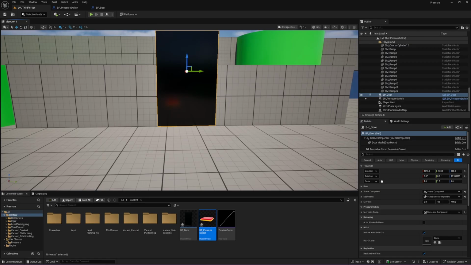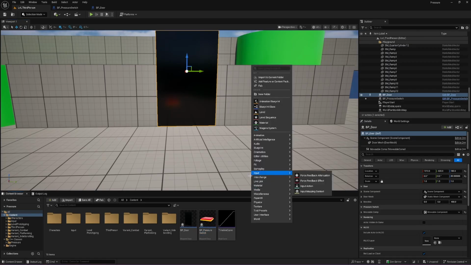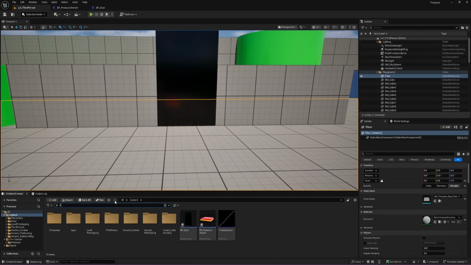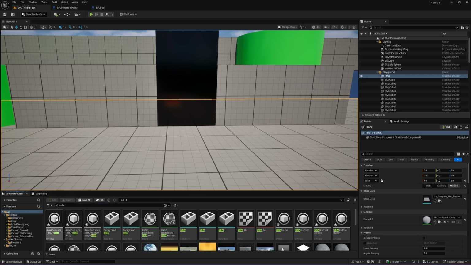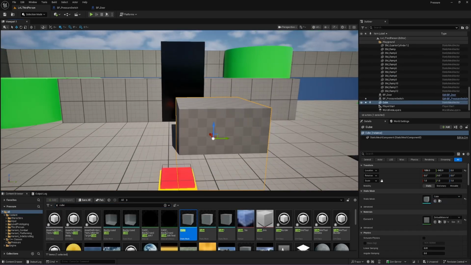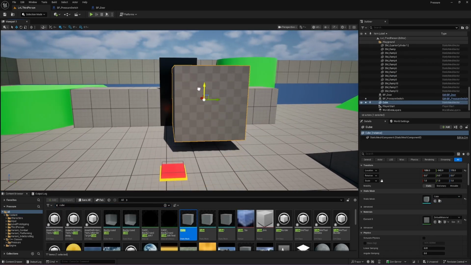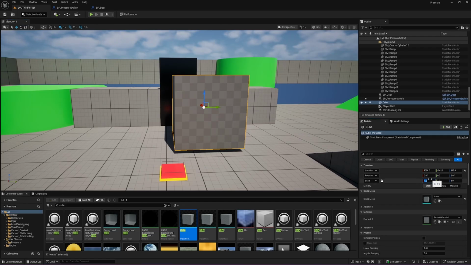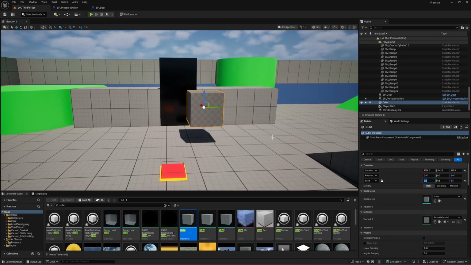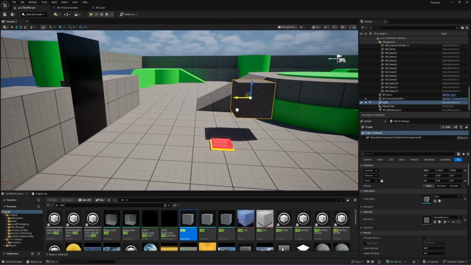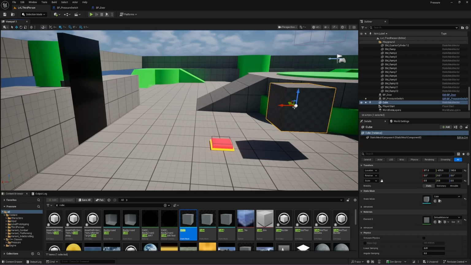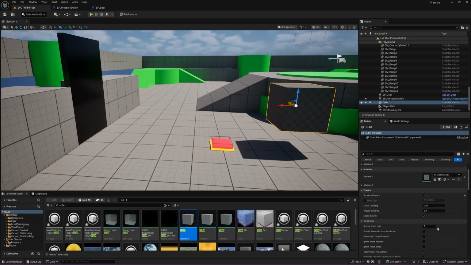So what we want next is to add in, let's create a cube, well, not create a cube, let's get a cube. So click on all, get cube. There's a cube here. We don't want it that big. Jesus, that's massive. Right. We want this cube to simulate physics, and we also want it to be able to